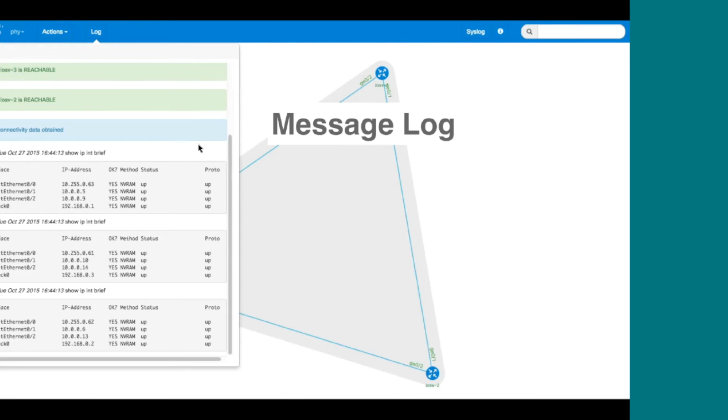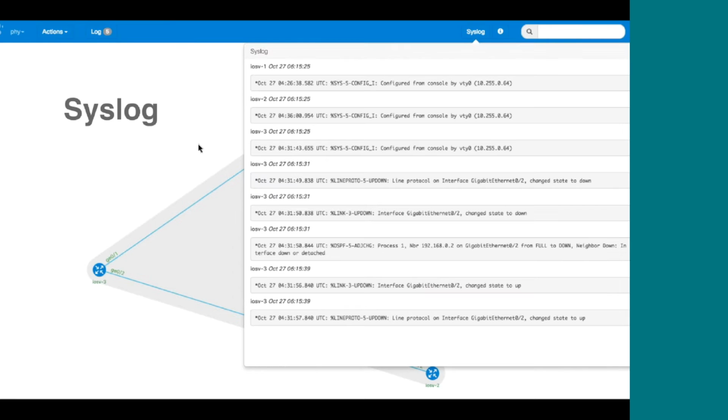we've got a result from a collection command or whether we've sent a command across. So the log is really just giving a view of everything that we've tried to run or every piece of information that we've got back from the server. We have the syslog, which is what each device, if it's set up, will send it through to a central syslog piece, and then that will get forwarded through to the browser. So this is really showing us events as they occur across the network.